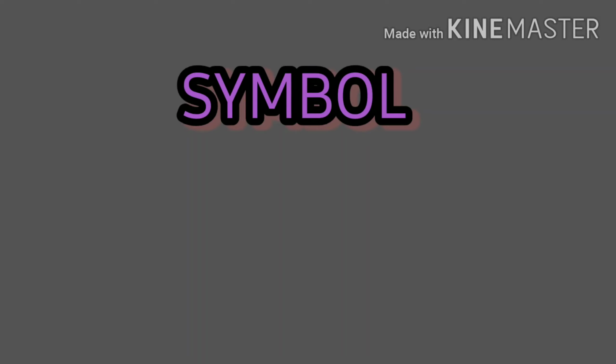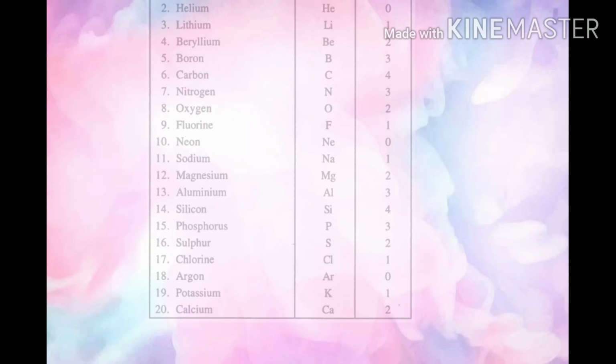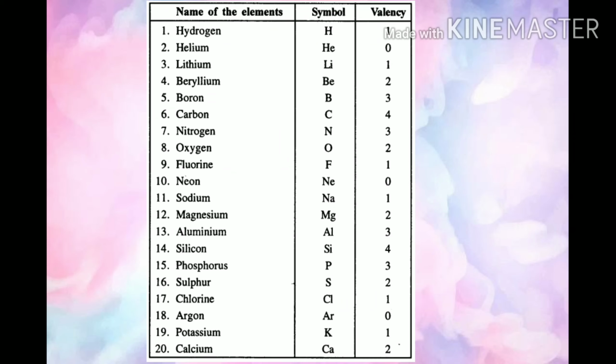So what is a symbol? What is the definition of symbol? As we know, a symbol is the short form that stands for the atom of a specific element. Each element is denoted by a symbol which is usually the first letter of its name in English or Latin, written in capital letter. And there are no two elements which have the same symbol. Everybody knows that the symbol is very specific to that element.